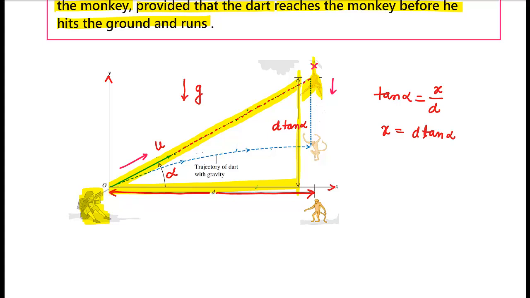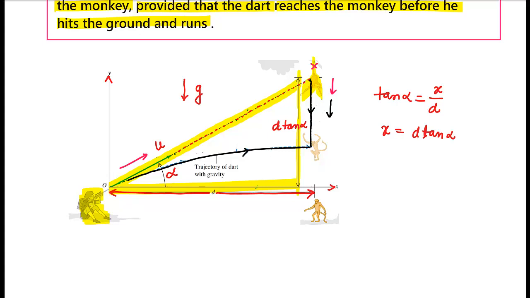Now you see this problem basically has two projectiles. One projectile is the monkey. The monkey is falling freely in the downward direction. Of course, this is a very simple projectile that moves in a straight vertical line; that is also a special case of projectile. The dart will follow a projectile path and it will have a parabolic path. So this is the path of the dart. The monkey follows a simple free fall, a straight line path. So this is the path of the monkey and this is the path of the dart.